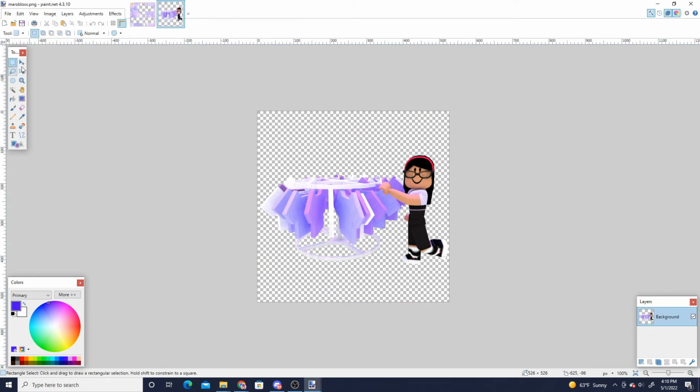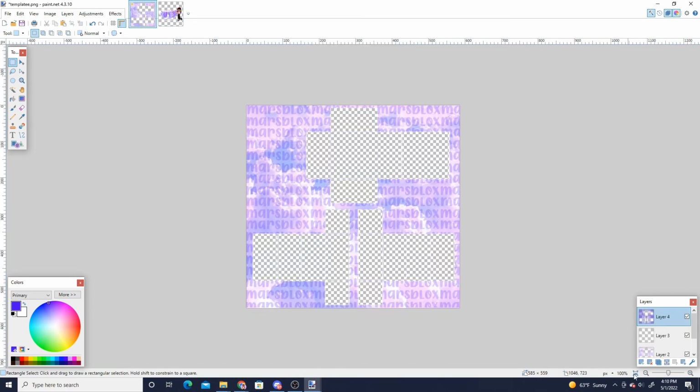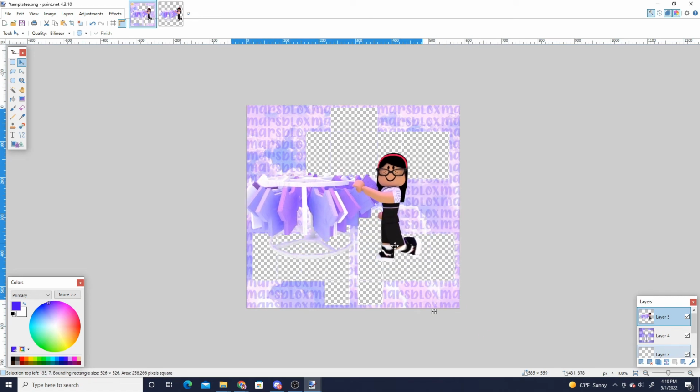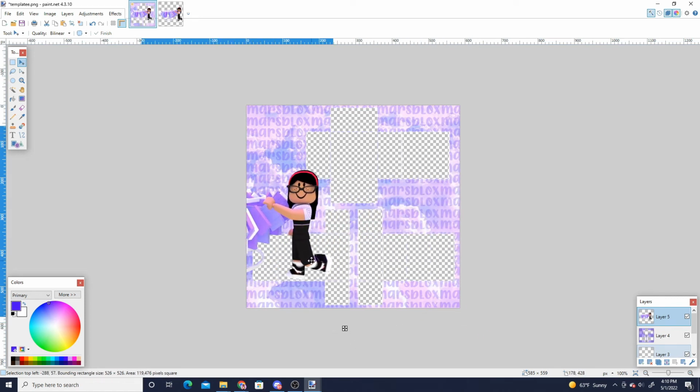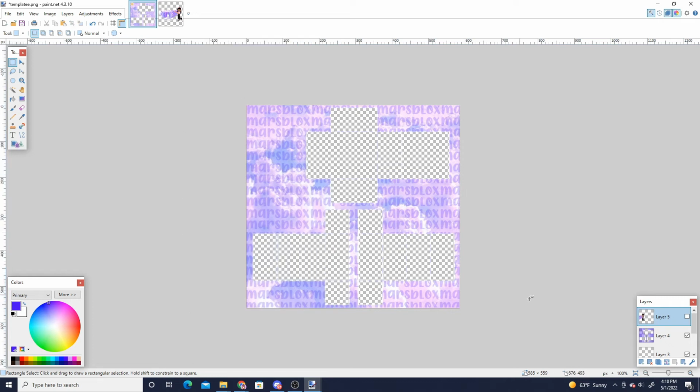And then I'm going to click the rectangle select, shortcut key is S, and select this, copy it, and go back. And then I'm going to add a new layer, paste it, and then I'm just going to position it where I want it. And then I'm going to make this layer invisible, and I'm going to click the rectangle select again, tap once outside of it to remove my selection,